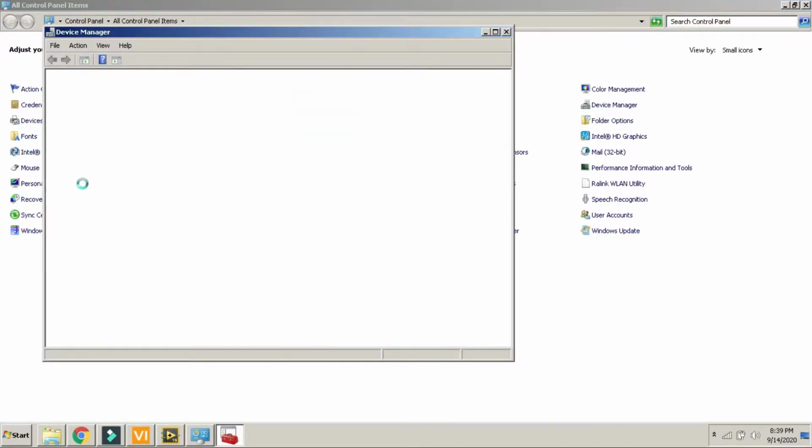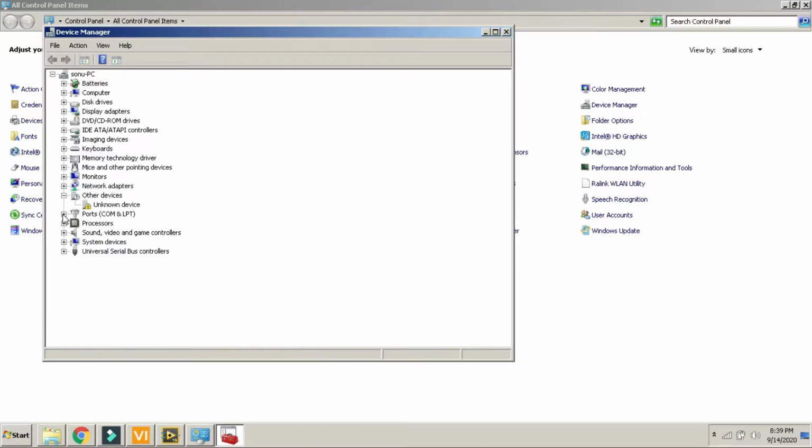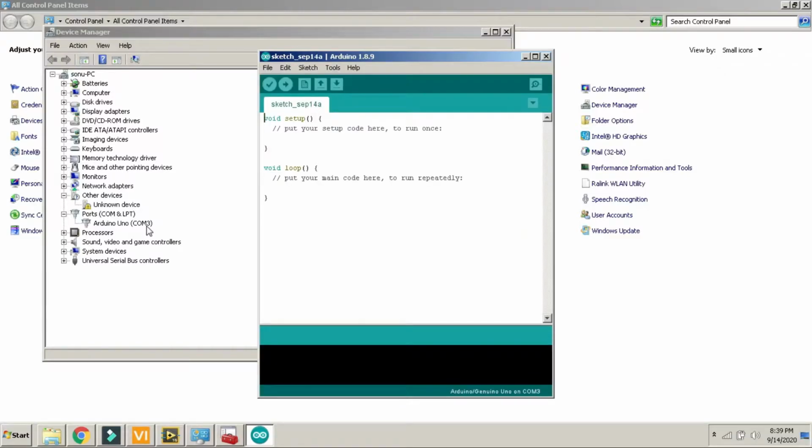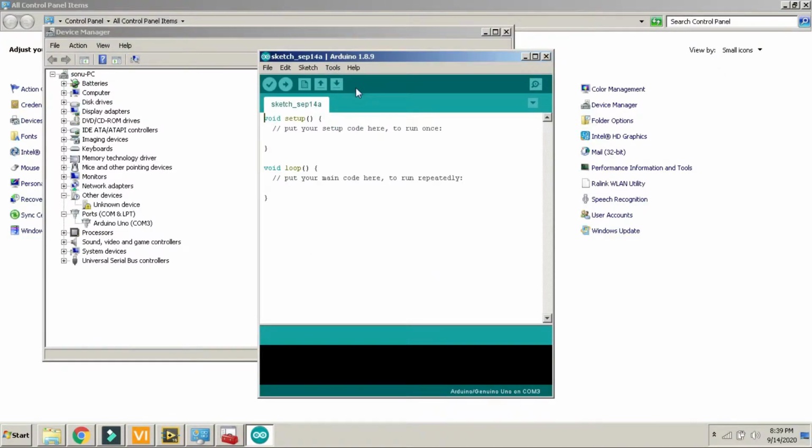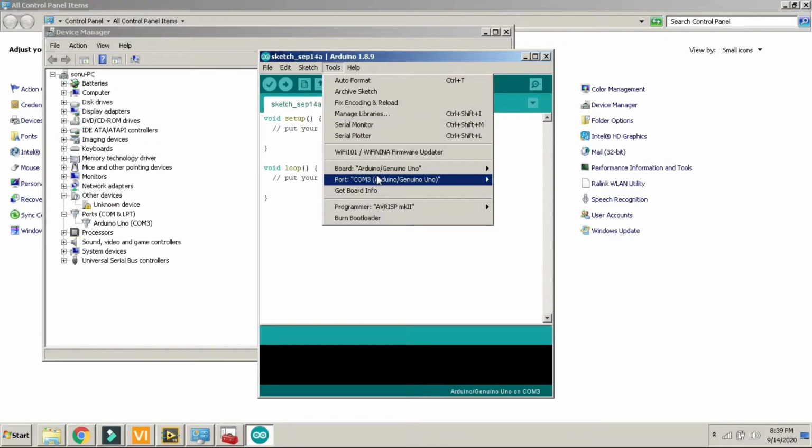So here I am accessing my Arduino. Here is the COM port. My Arduino is connected to COM port 3, and you can also verify this here: COM port 3, Arduino Uno.